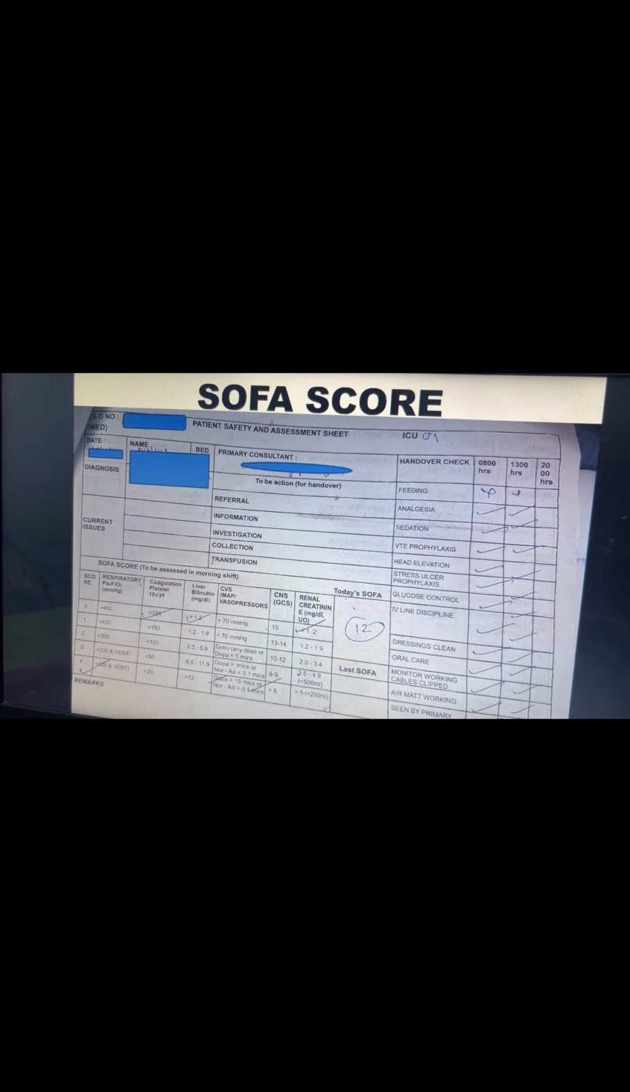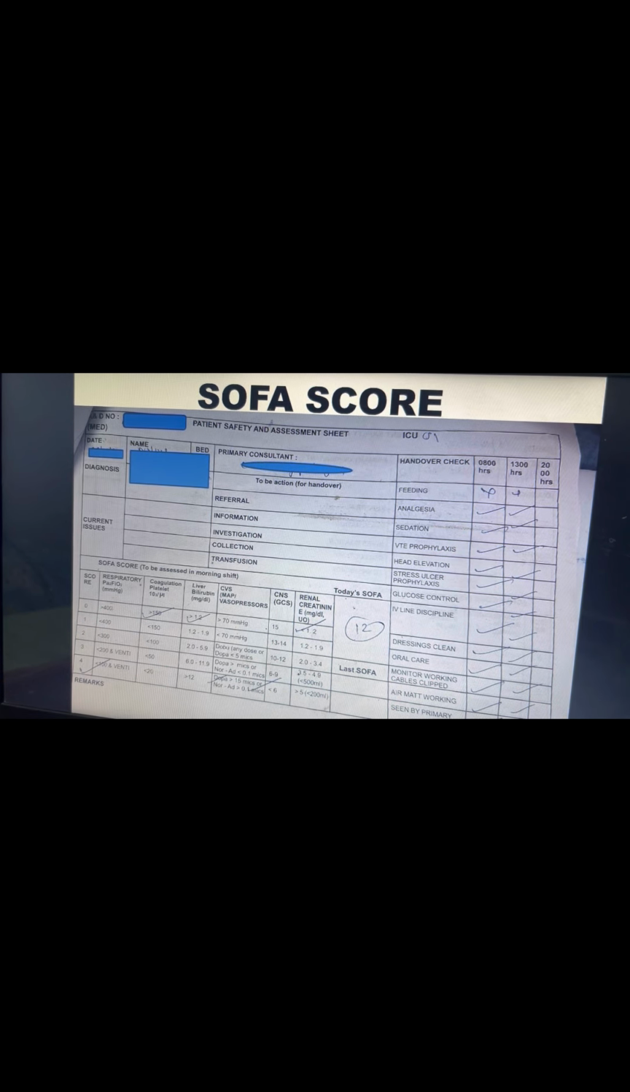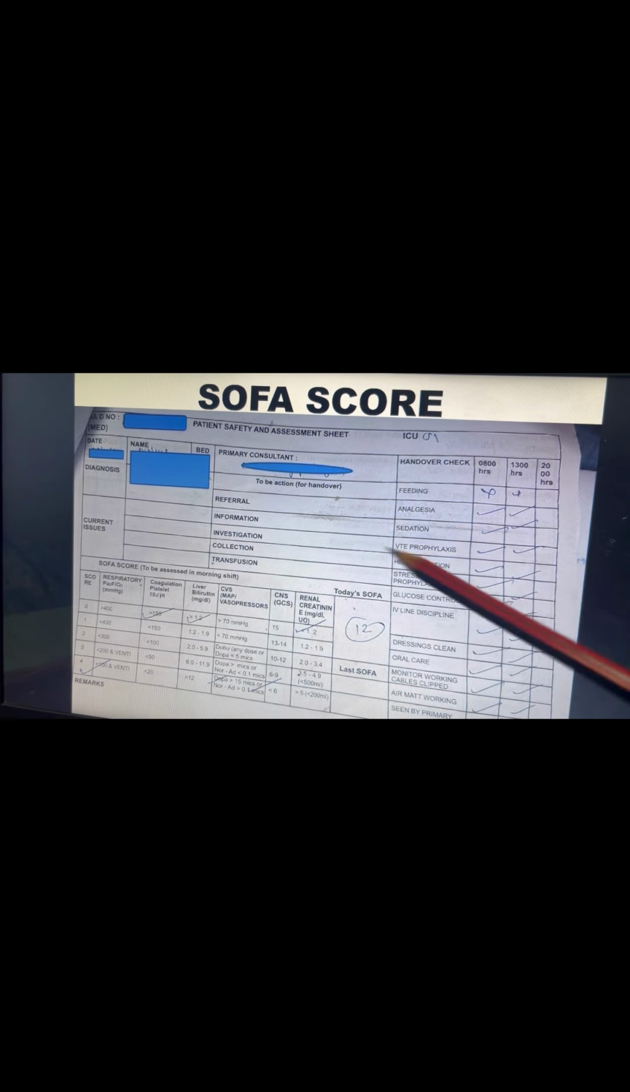As we already discussed, the lower the score, the better the prognosis. The higher the score, the more interventions required, and the patient moves toward a poor prognosis. In this chart here we have, firstly in this part we have to